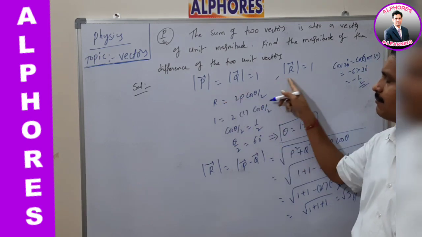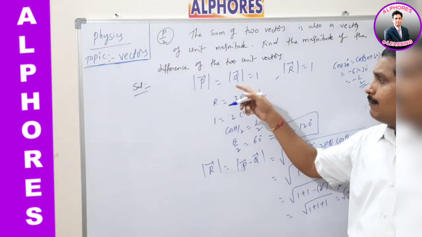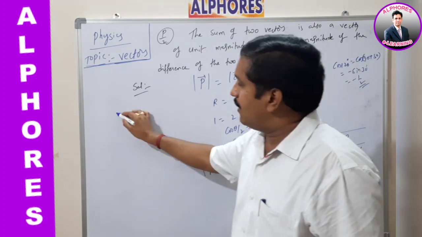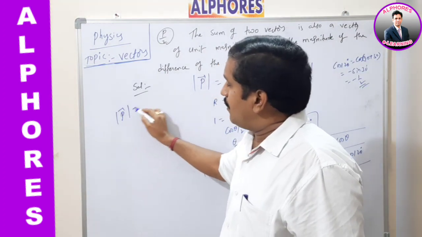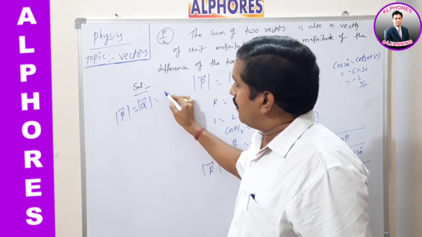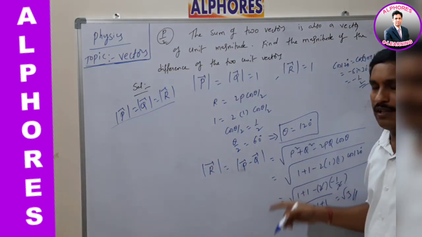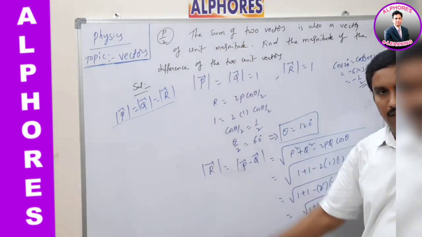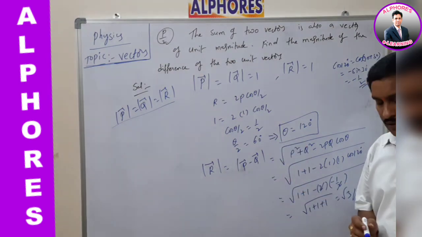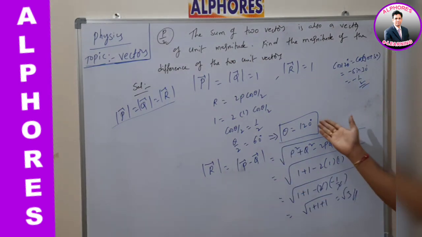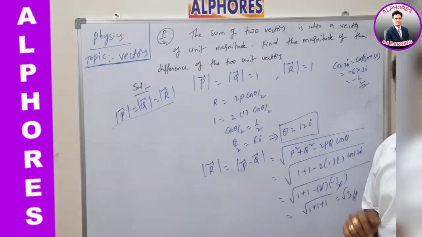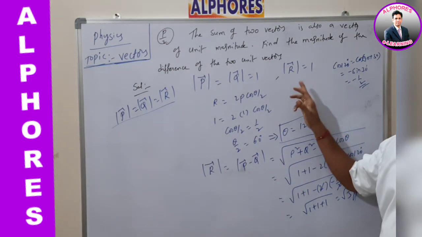This can be discussed as per the sixth concept. In the parallelogram law of addition of vectors, what is the condition? The magnitude of either vector is equal to the resultant of these two vectors. What about the theta value? Directly 120, we know already. It is given in the last class only. Okay, right. So this is the second problem based on the addition and subtraction of vectors from the parallelogram law of addition of vectors.